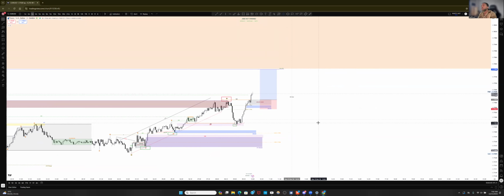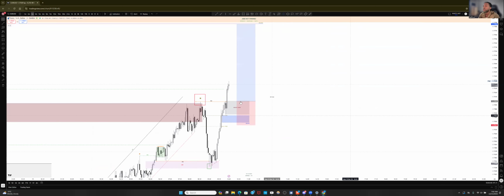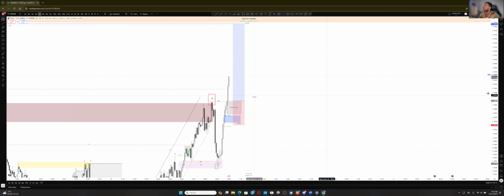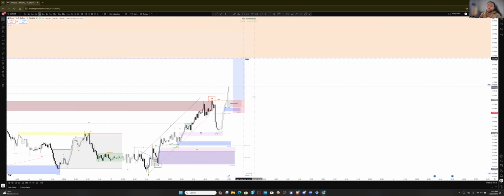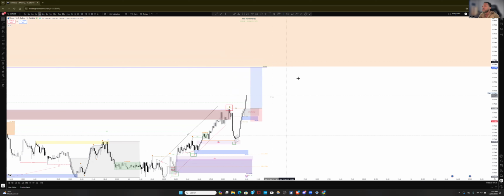That would be our final possible entry for this market if price comes back to it. But if price just continues to gun straight to the previous day high, then that's it. We'll probably see a possible sell opportunity if it could propose itself from this high time frame. Otherwise, we would look to continue the bullish from here.